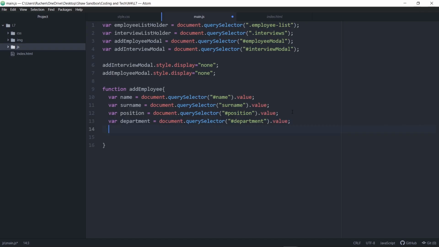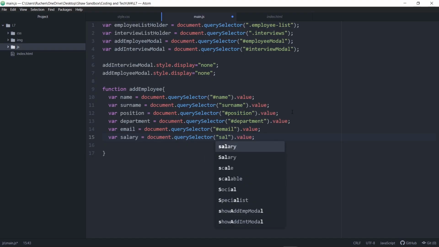Likewise, I also want to capture the user's email when I input them into the system. So email, which is equal to document.querySelector, and I will call the email via the ID .value. Excellent. And we have one more to do, which is the salary for that user. So I'll say salary, which is equal to document.querySelector, and I want to pass in the salary over here. Let's just add the .value in the meantime,